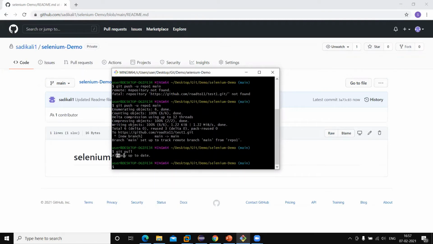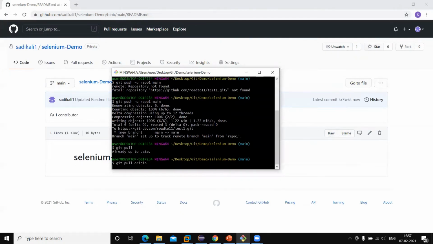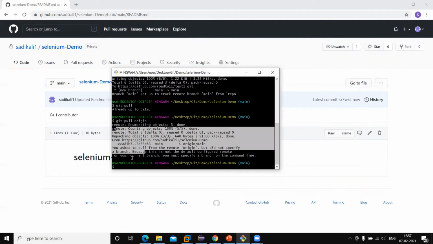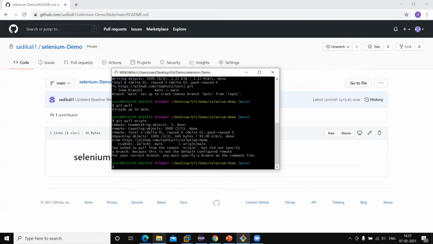Okay, here it is showing already up to date. Because currently we have two repositories, we need to mention from which repository we want to pull. So I have mentioned here origin. It means this will pull the code from the origin repository.